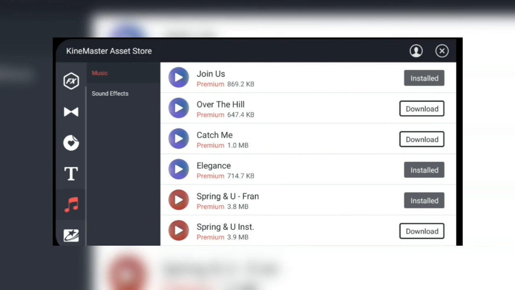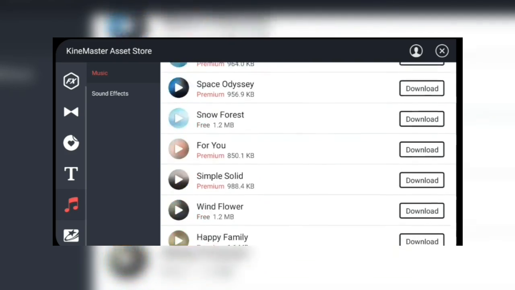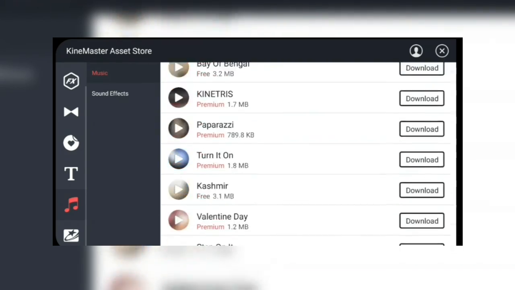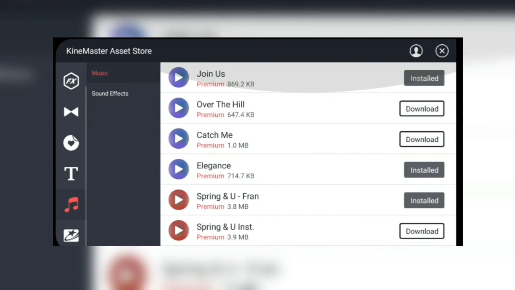So you can download any music, there are up to 50 to 60 music assets. So you can download any of your favorite music, and you can see over here that there are some premium music also. So if you are using normal KineMaster, you won't be able to download them, but I have made 3 to 4 videos in which I have showed you how to download all the premium features of KineMaster for free.